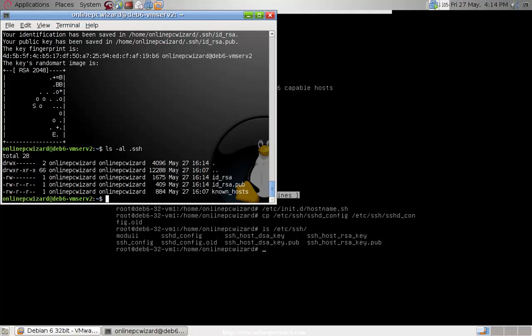And the known_hosts file is a file that stores the host keys for machines that you have previously connected to, so that it can compare the host keys for a particular machine and judge if the machine looks dodgy, or if it may be a machine masquerading as another machine. Okay,